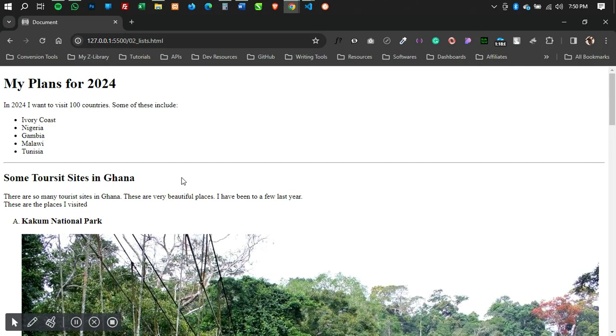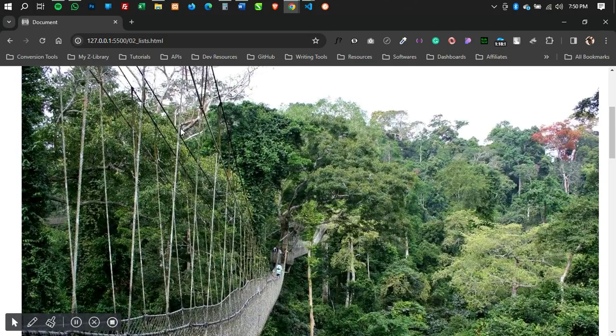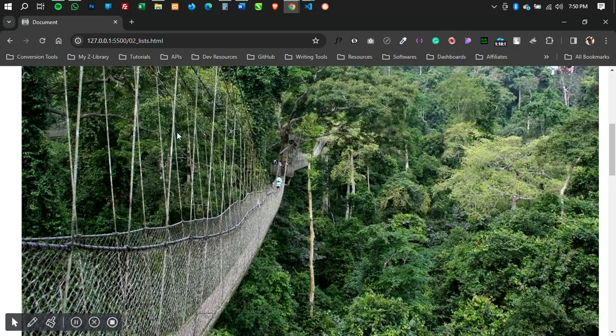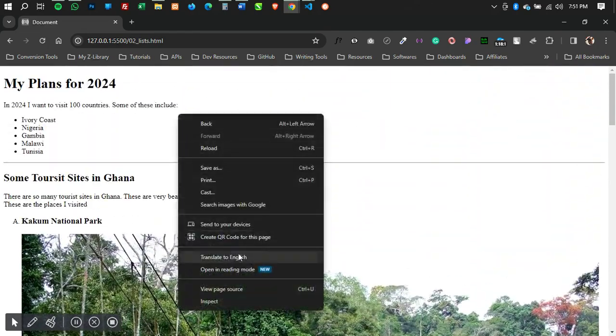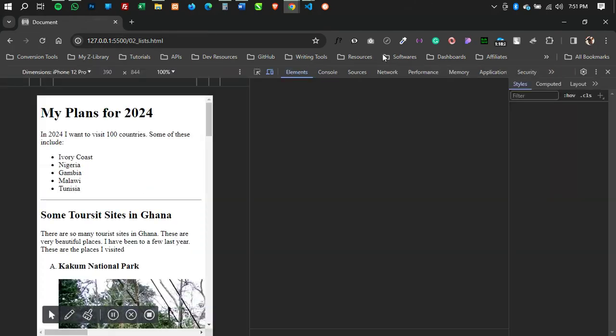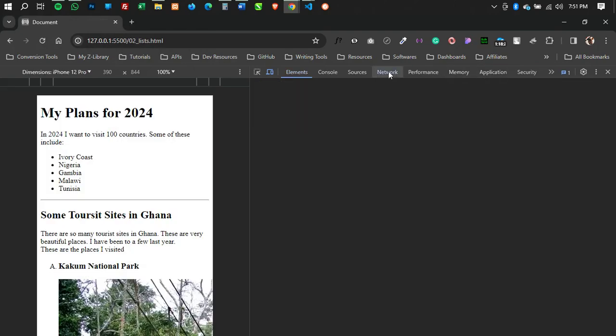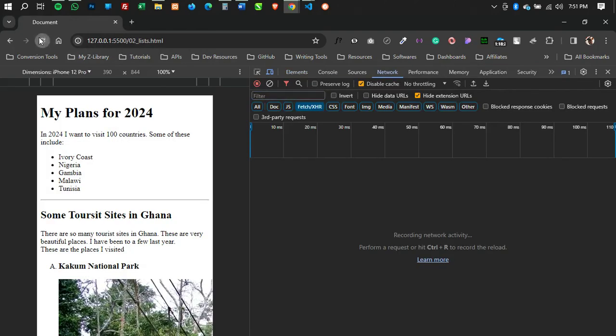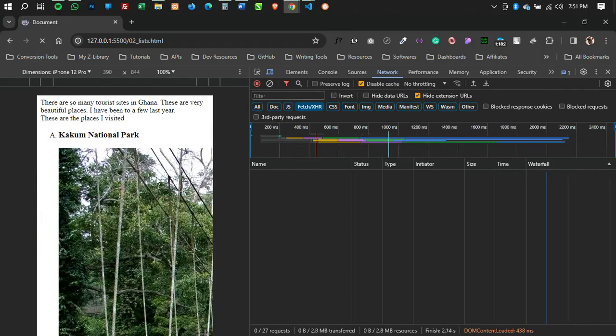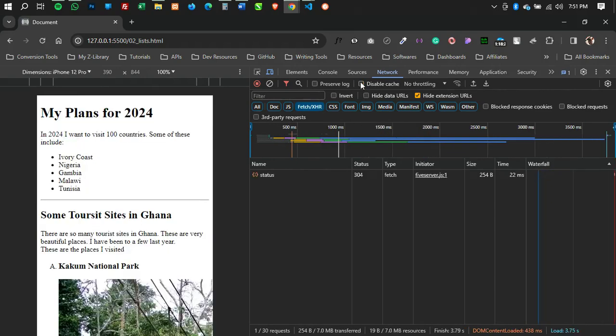When you load a website, the website looks at some resources which it thinks you might need, so it saves them onto your PC. And so when you are loading the website again, instead of fetching them from the server, it's already in your browser, right? And so let me just clear the cache. Let me go to inspect elements, go to network, disable cache. Let me reload the page. Disable cache, right?